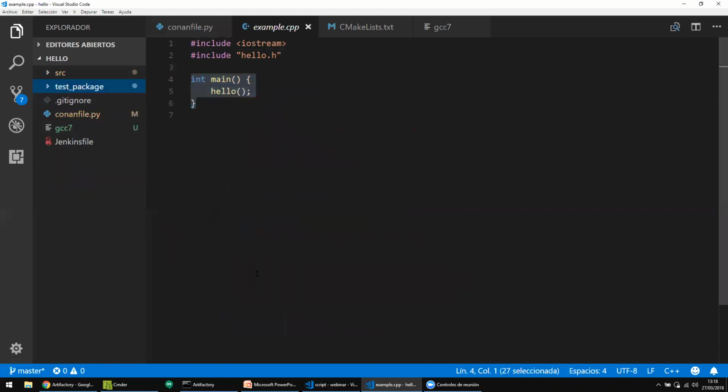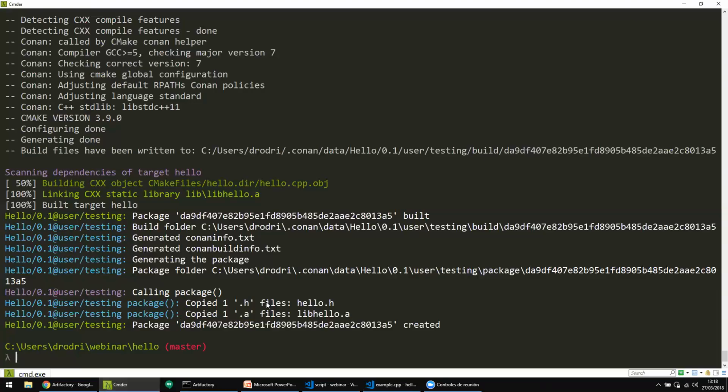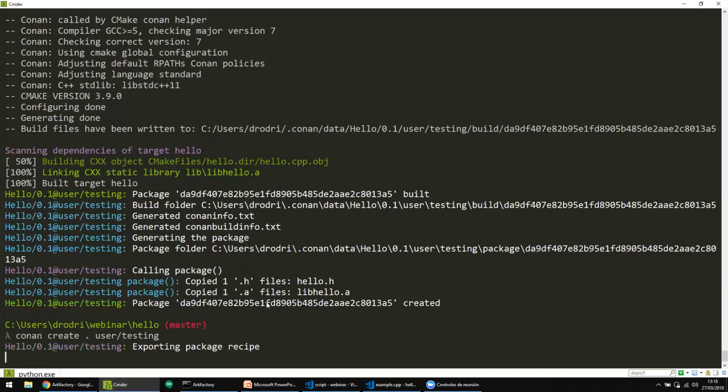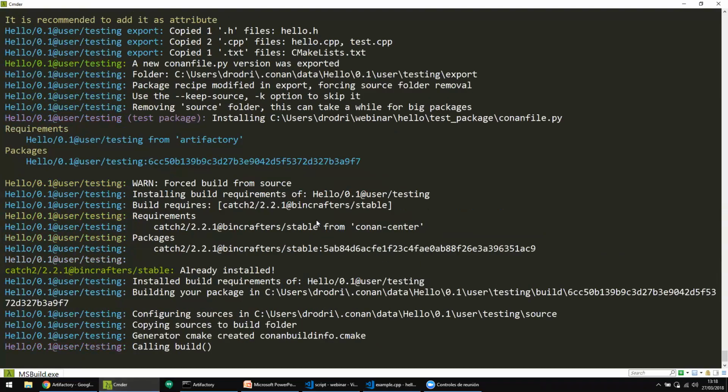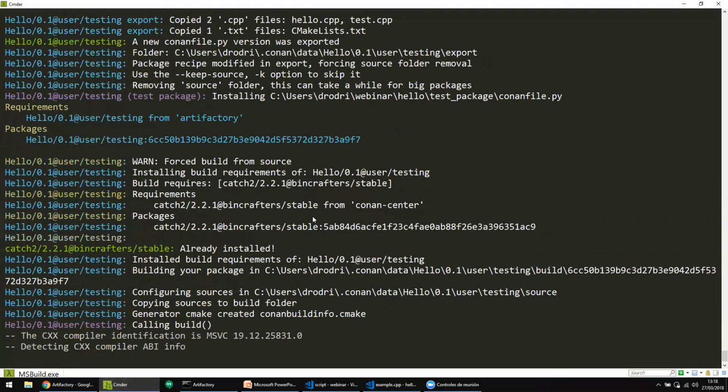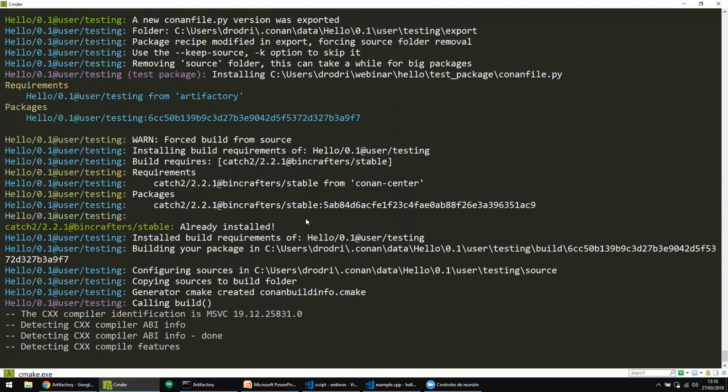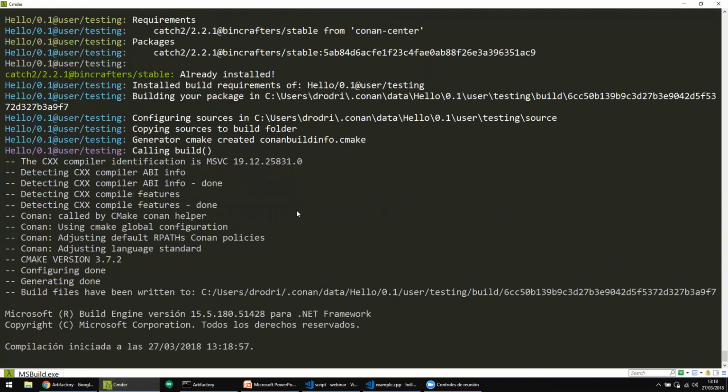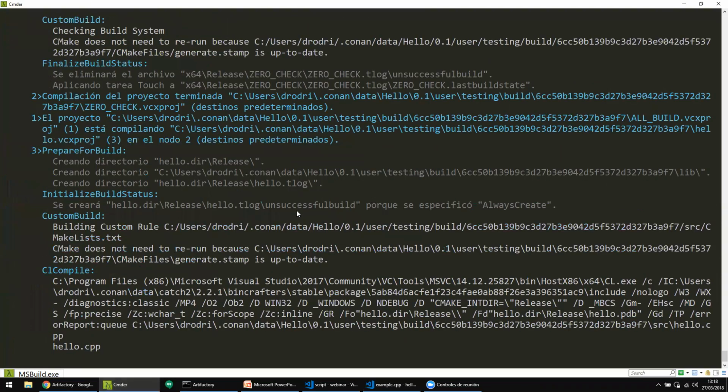If you add a test_package folder next to your recipe, the moment that you do the conan create, then it will first build the package, run the unit test of the package, call the package method and create,